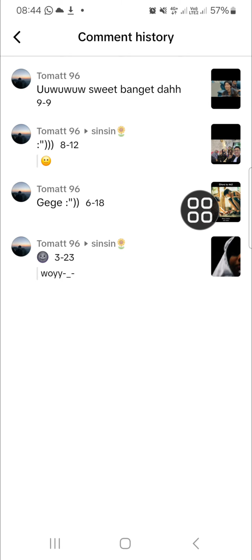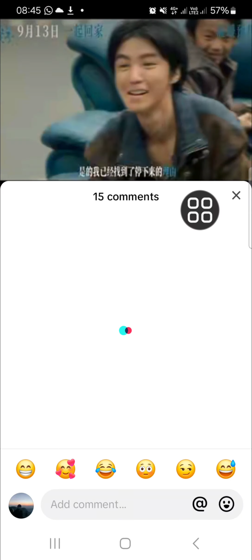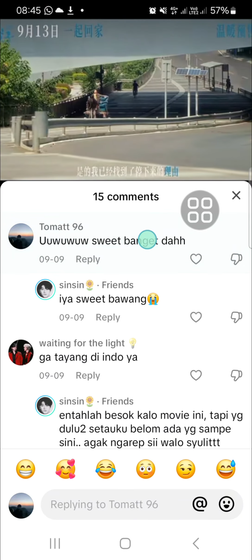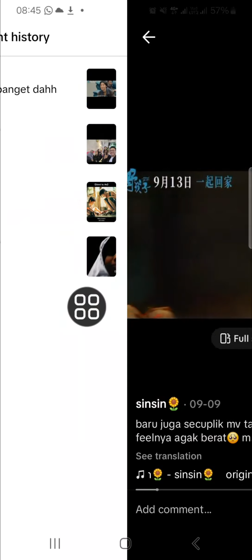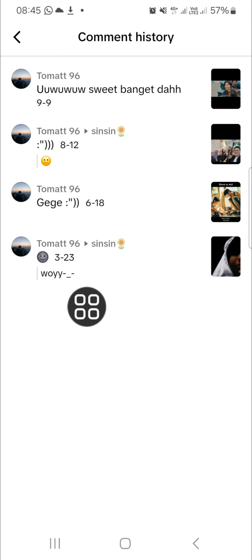You will be able to delete it as well if you want. Just tap on the comment and then you can tap and hold on your comment and delete it. Okay. Alright guys, and that's all the way to view comment history on